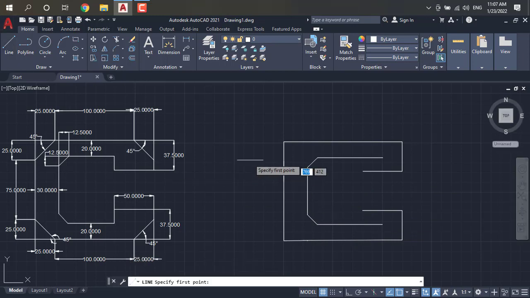Again you have to take a line of 45 degrees from here to 45 degrees on this line. Yes. Just click on escape, and again you have to click on space button to activate the previous command. Here our green points mention our exact location.